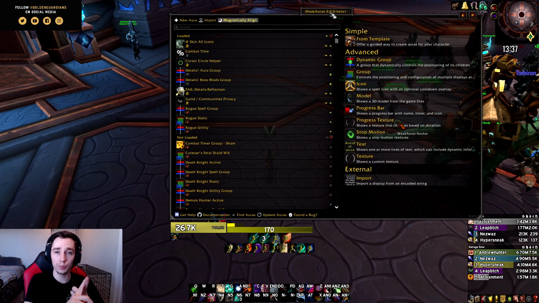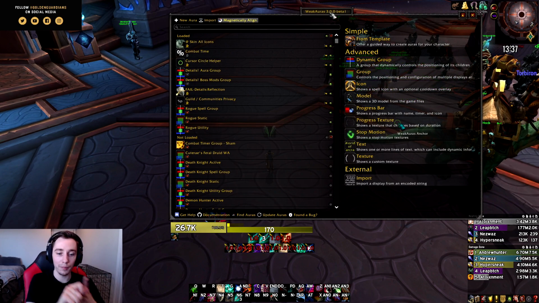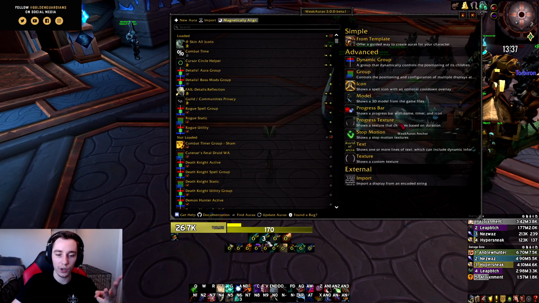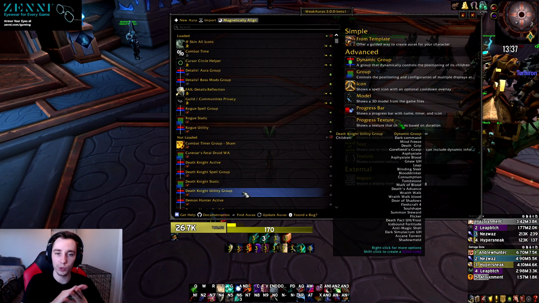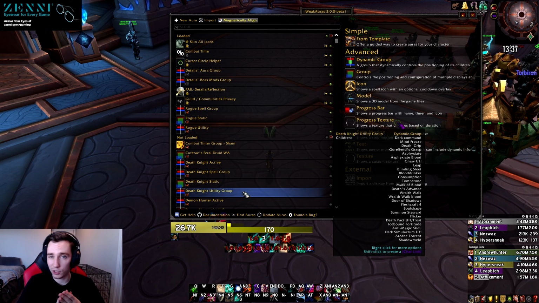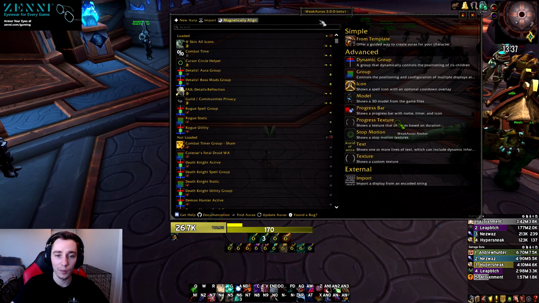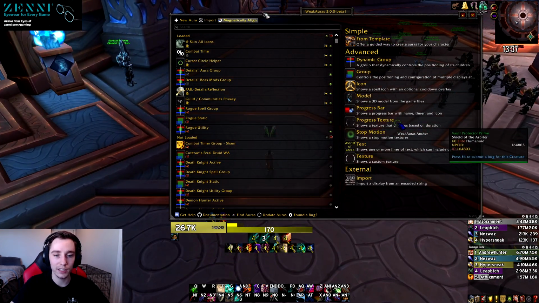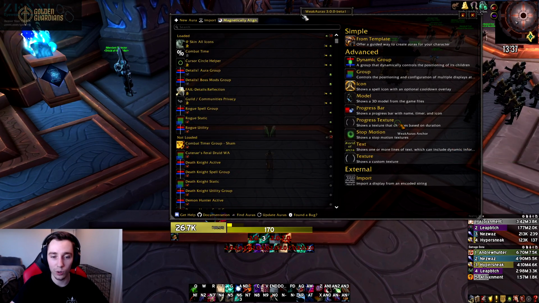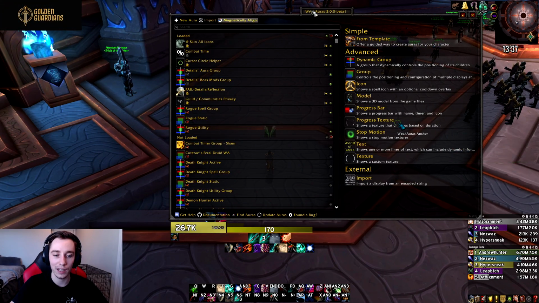So the static group, the main, the center bar, the utility bar, and the active ability groups. You want to import all 4 of those from pretty much any class that you want. If you know that there's similarities between 2 classes, then try to go for one of those. So for example, if it's like a dot class,